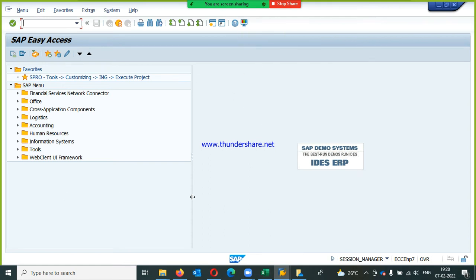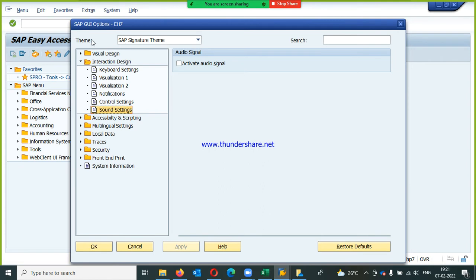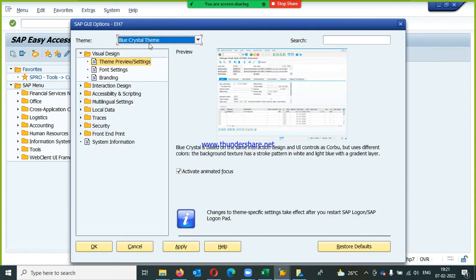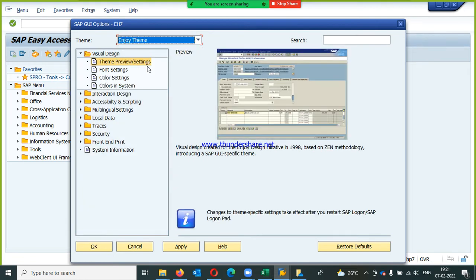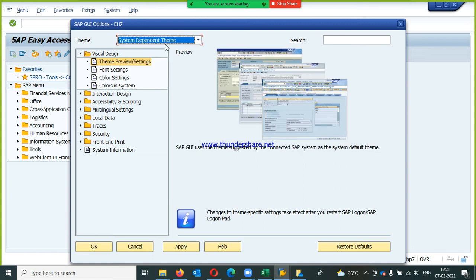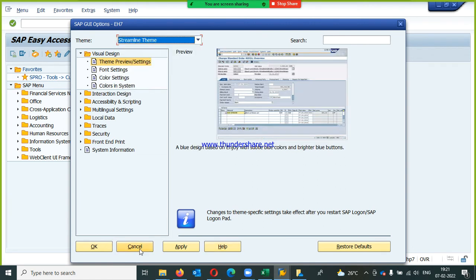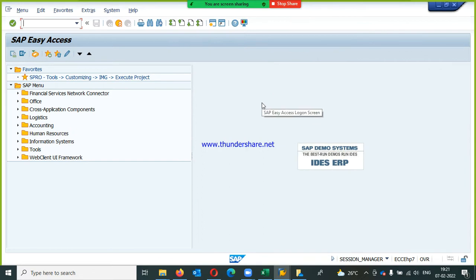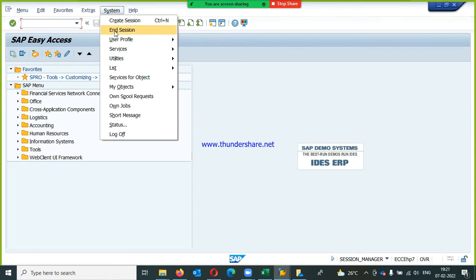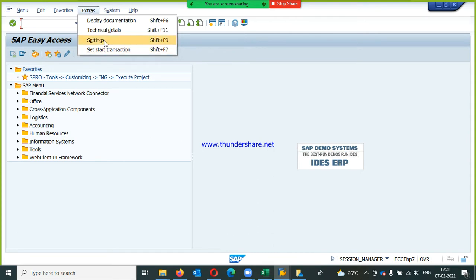Customization of layout. Layout means if you don't want to use this kind of layout, you have the option to select a layout. Just go to options, and here is a theme, the blue crystal theme. This is another theme, then the SAP signature theme, enjoy theme, system dependent theme, then streamline theme. All these many themes are there. According to your requirement or your choice, you can select the themes. And something else, okay, go to system here, go to extras,